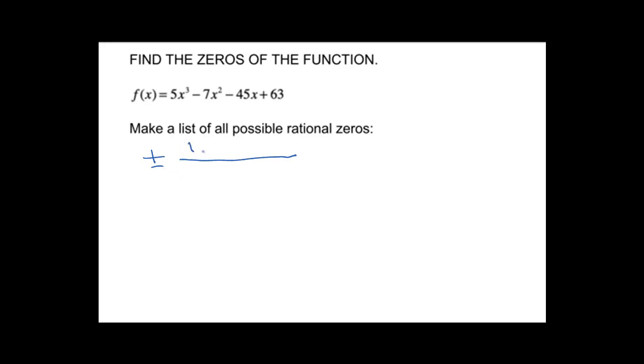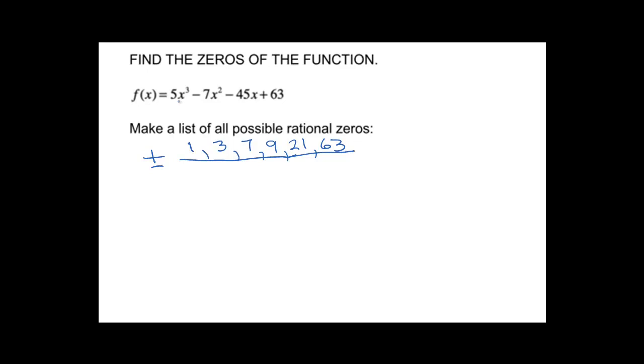So 1 goes in there, 2 does not go in there, 3 goes in there, 4 is not going to go, 5 is not going to go, and you can check those by dividing. 6 is not going to go, 7 will go because 7 times 9 is 63. 8 will not go because you have no 2. 9 will go, and 9 times 7, and then 3 times 21, and 63